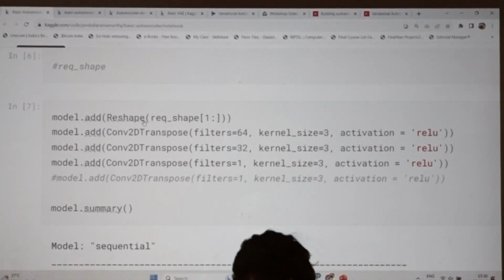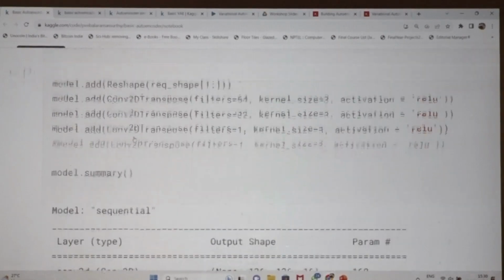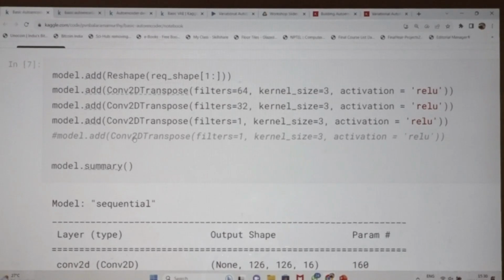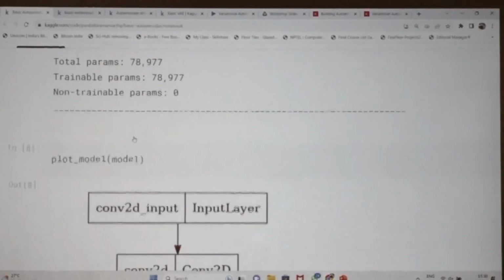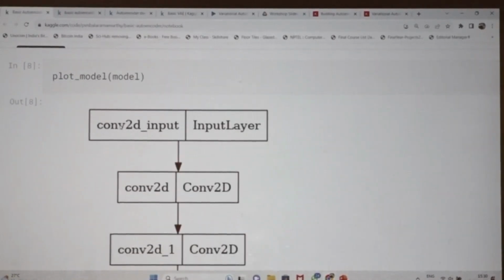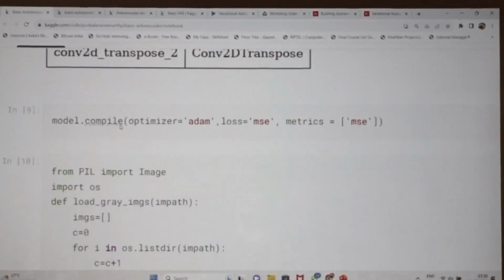We have connected to the flatten, and then directly we are reshaping it to the required shape, and then Conv2DTranspose. In the encoder we have given 3 Conv2D, and in the decoder we are giving 3 Conv2DTranspose layers, right? Now we are plotting the model. This is the complete model, and now we have to compile.